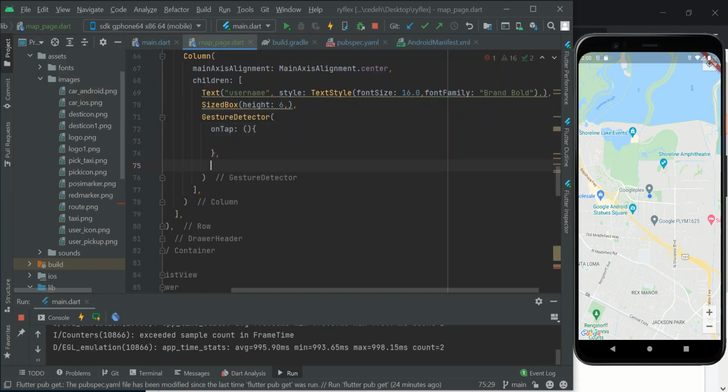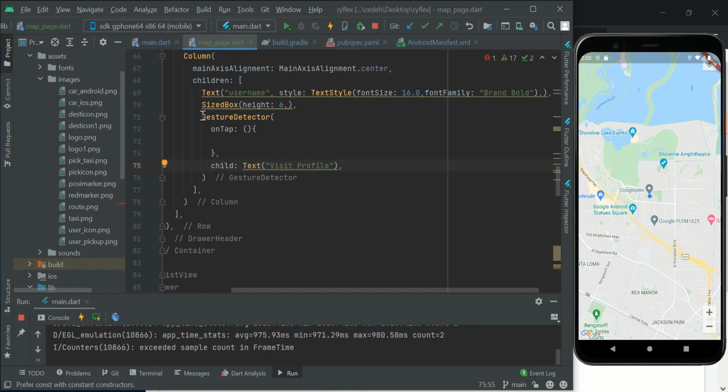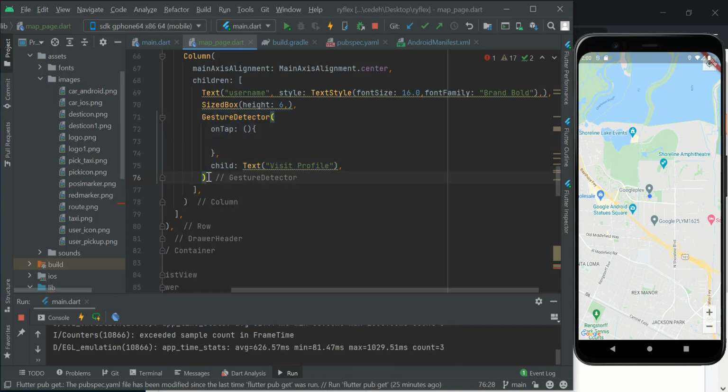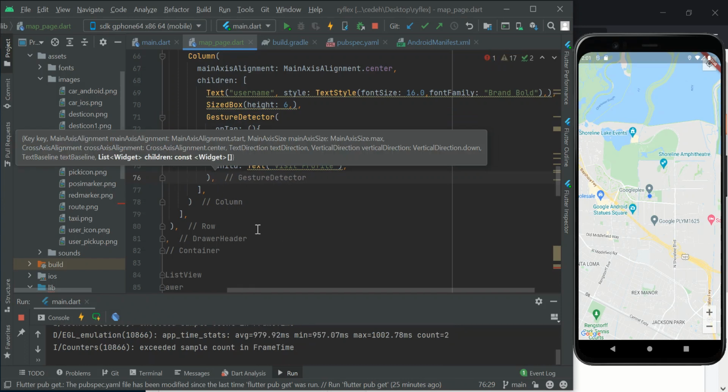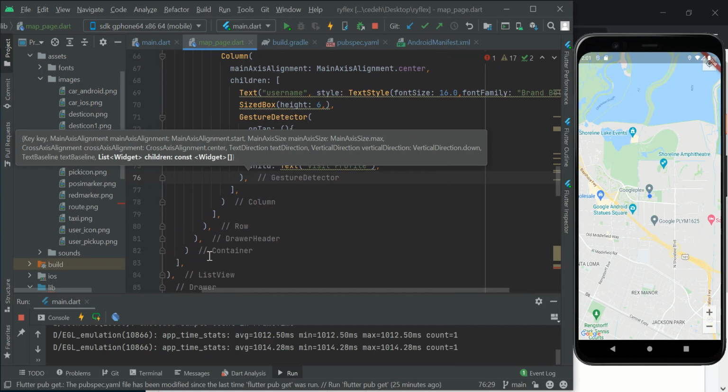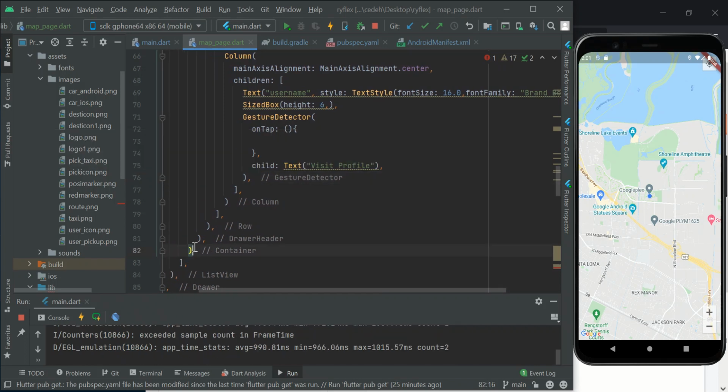Then for the gesture detector, we have a child and we have a text as a visit profile just to go to the profile. And then this gesture detector, we make a copy of it, and we are still going to paste it down, down. So